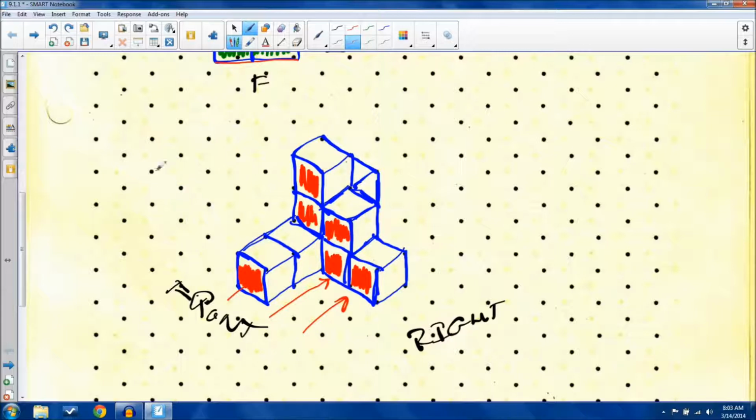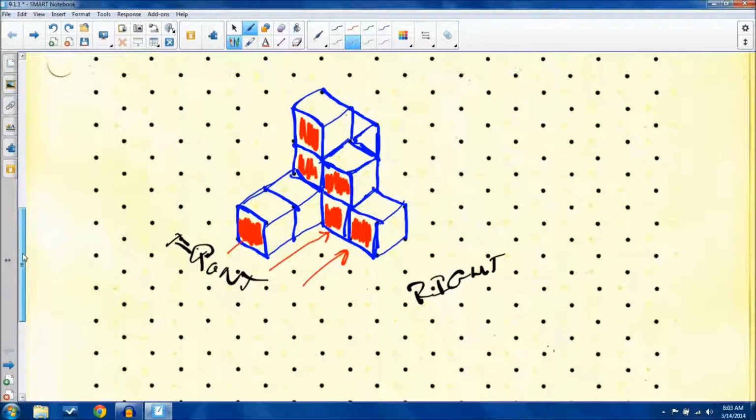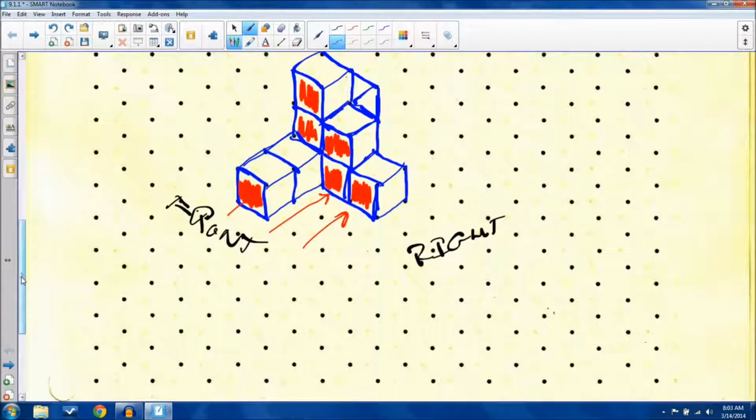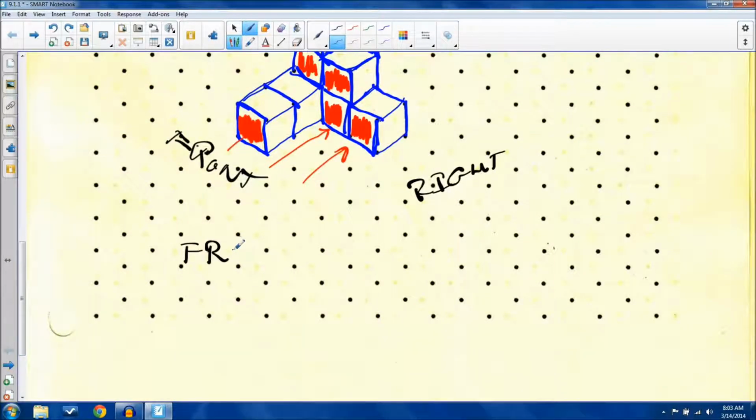If you're wondering why I didn't draw any of the other ones, go ahead and play with the cubes yourself again, and try and visualize. These are the ones that I am facing when I draw it. So when I redraw this down here, the front, what I'm looking at is,